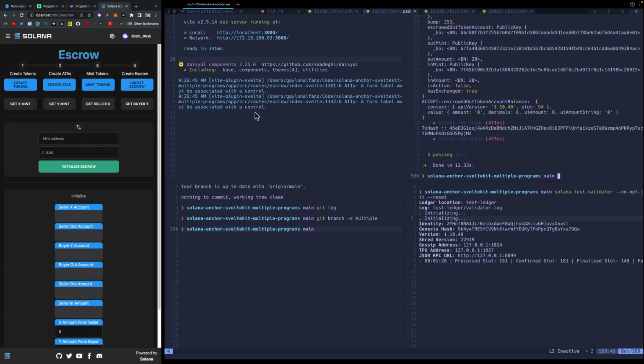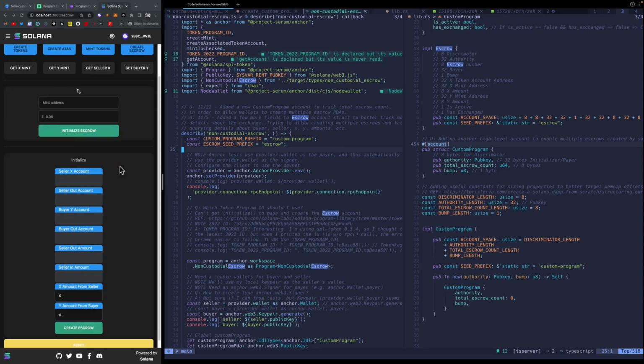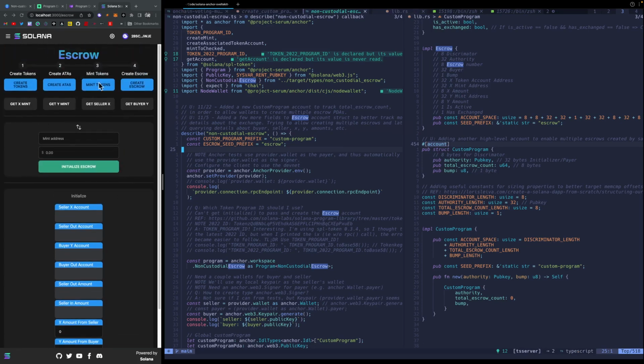So what we've got going on, now that this is running, let's go back to some of the code. Currently, this is not complete at all, but basically a single wallet can log in, and we have to mint some tokens. We have to give these localhost wallets some tokens, so I run through a process of that, creating associated token accounts and all of that stuff. But basically I can initialize an escrow with this wallet, and I can accept it by logging out and using a second wallet. So that works. The problem is that